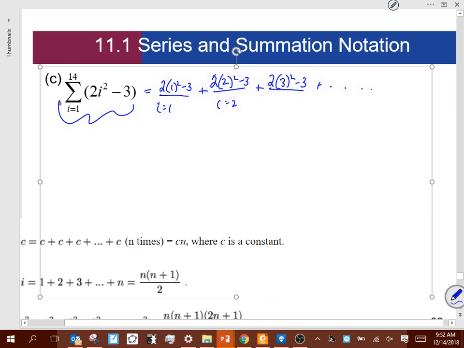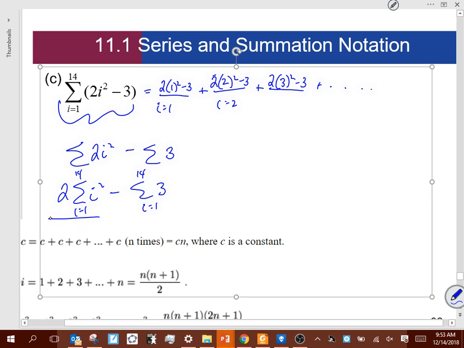We can break this up. They're all going to have the same i starting off with, and the same 14. A lot of times I forget to write those in. But can I do this? Can I break it up as a difference? Does that make sense, everybody? Can I take that 2 out in front? Does that make sense? Okay. And now if I can do that, again, this being i equals 1, this being 14, i equals 1, 14, okay? i squared,